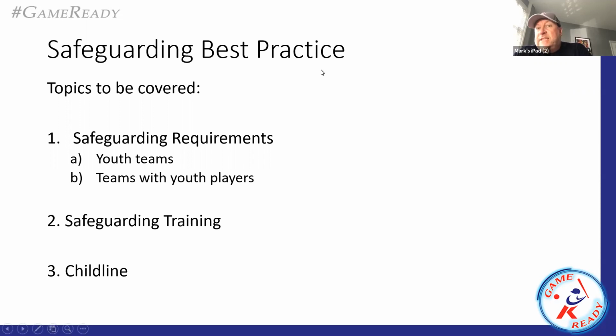Then we'll have a look at safeguarding training, what that means, what you need to get, and just a little bit about what is available out there at the moment. And we've got Childline, for example, that is active and still going at the moment. And there's help available as well if you know of vulnerable adults or adults at risk. So we can signpost you to all of those, and then we can take it from there.